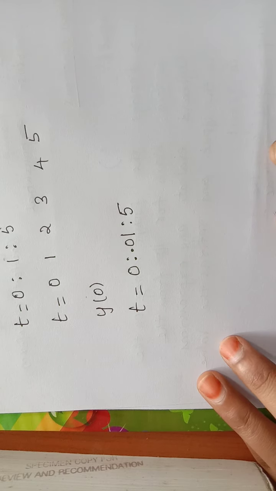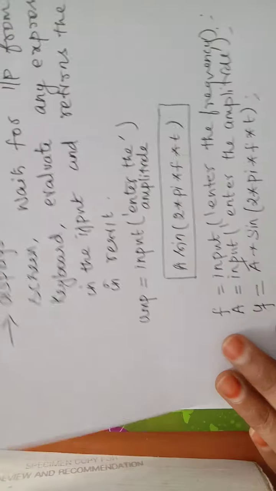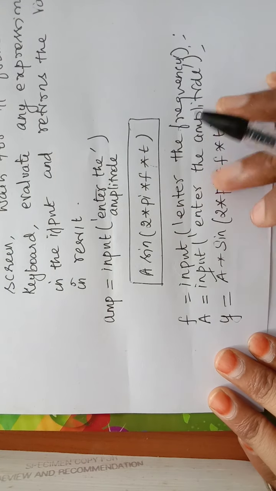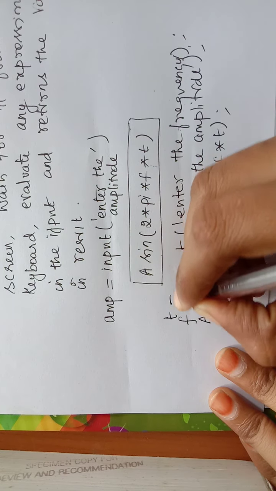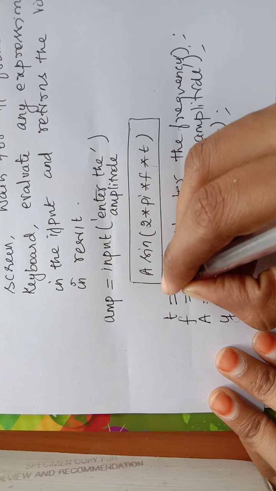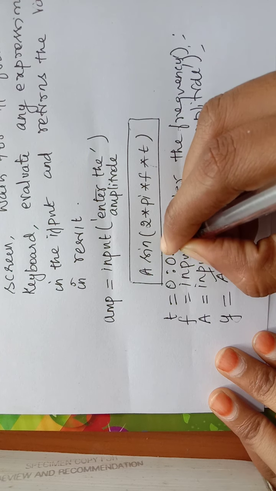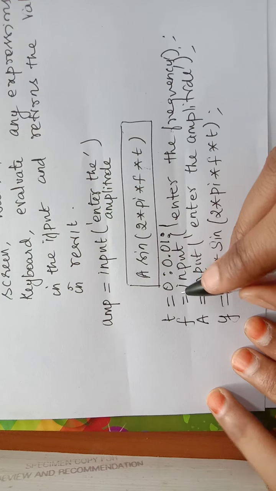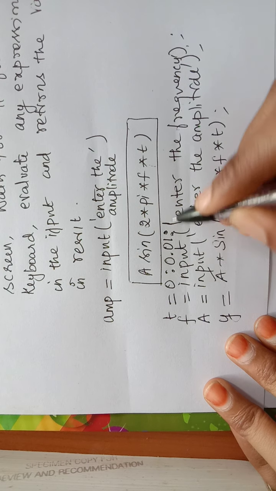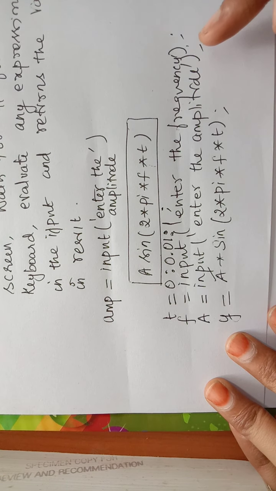Okay, now what we have done in this case, see here, we have assigned the frequency, we have assigned the input, we have assigned the expression. Now we need to assign the variable t. So t is equal to 0, the initial value, then 0.01, to a final value 1. Okay, you can use any value. We can start from a negative value, and you have an increment and an end value. Every line in MATLAB we can end with a semicolon.